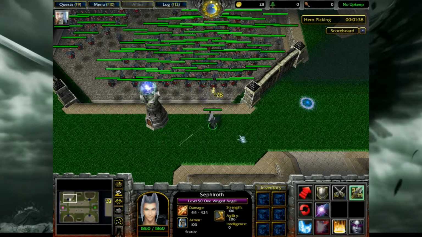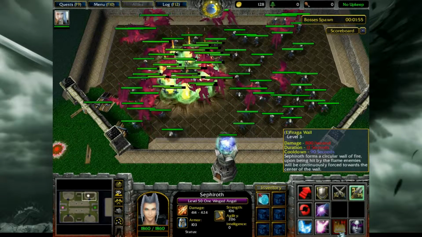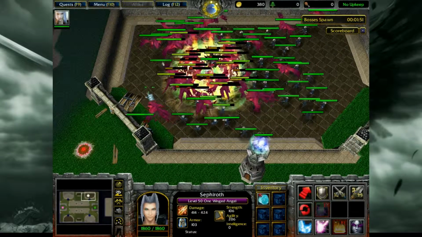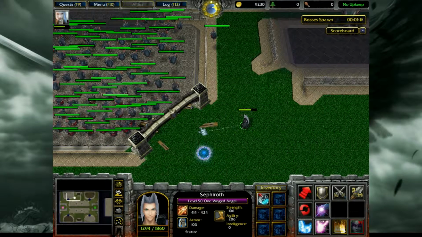Sephiroth's W is Octaslash, a single target nuke and stun. Sephiroth's E creates a ring of fire around Sephiroth, dealing damage and forcing enemies further into the ring as they take damage. And lastly, Sephiroth's R channels on a single target for 2.5 seconds, dealing massive damage to the target